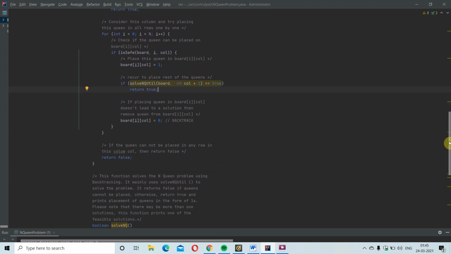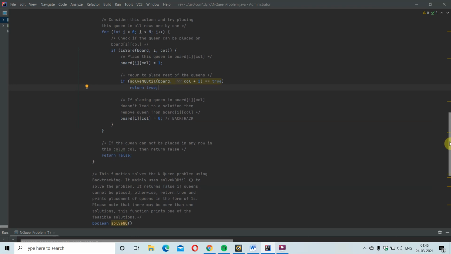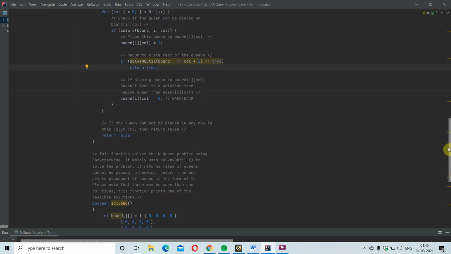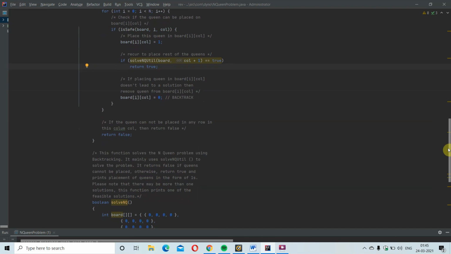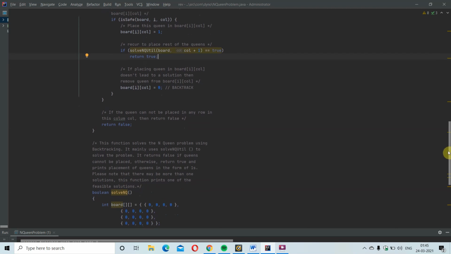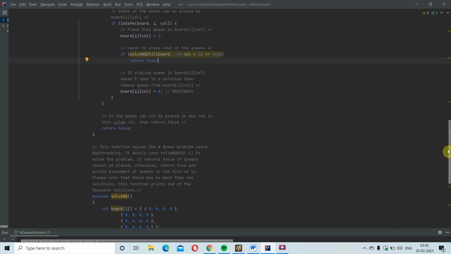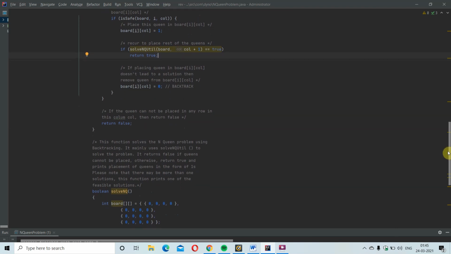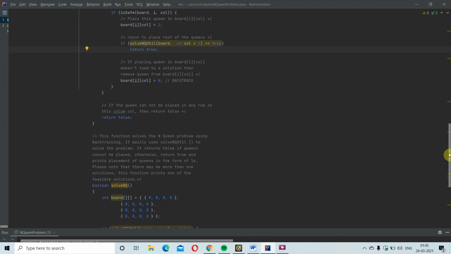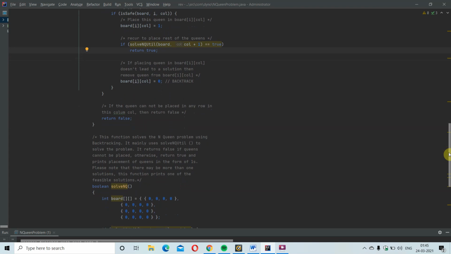If the queen cannot be placed in the row, then it will return false. The solveNQ function is used to solve the problem. It returns false if queens cannot be placed, otherwise it prints the placement of queens in the form of ones. 1 specifies the presence of the queen, 0 specifies the absence of the queen.